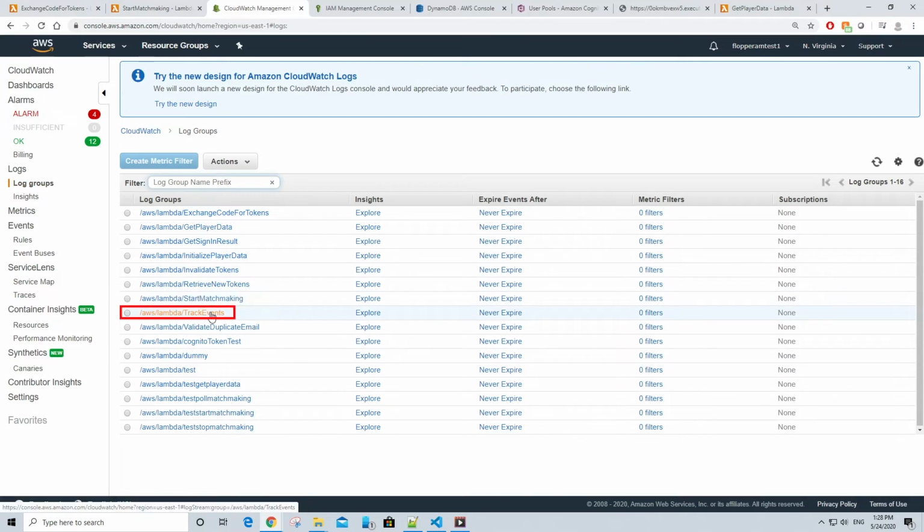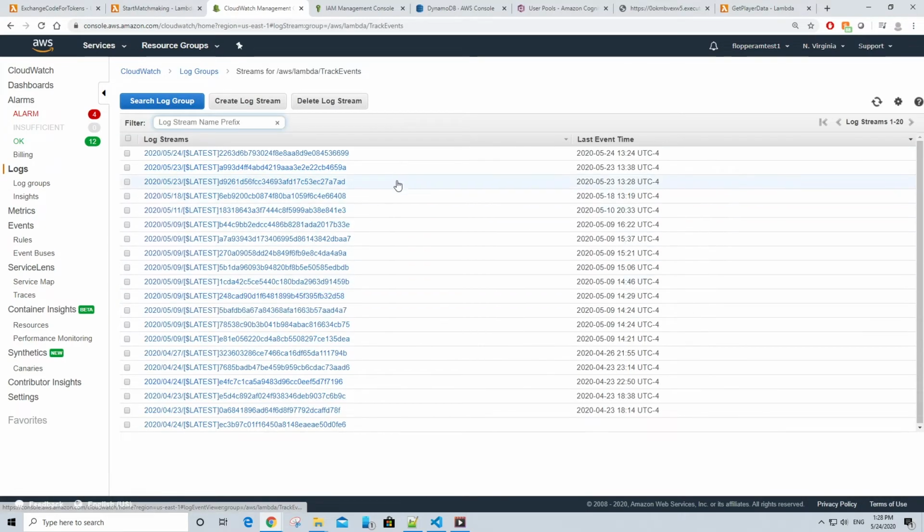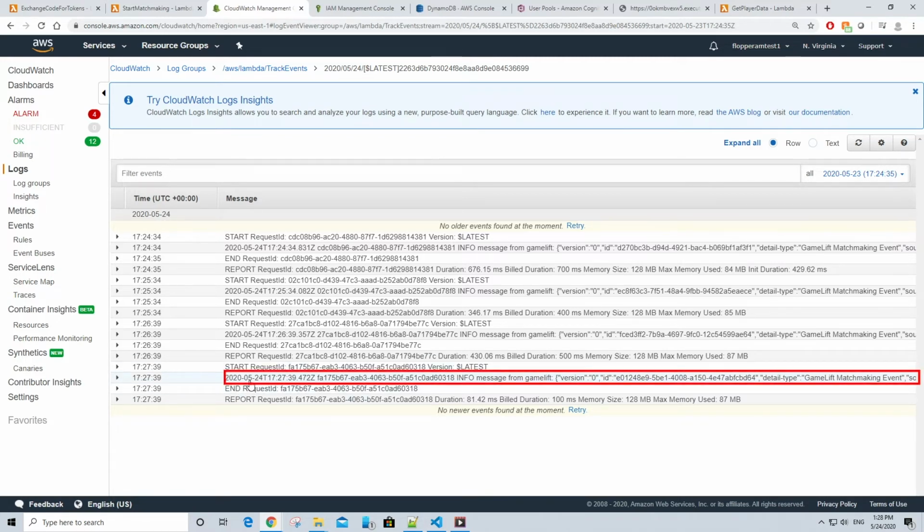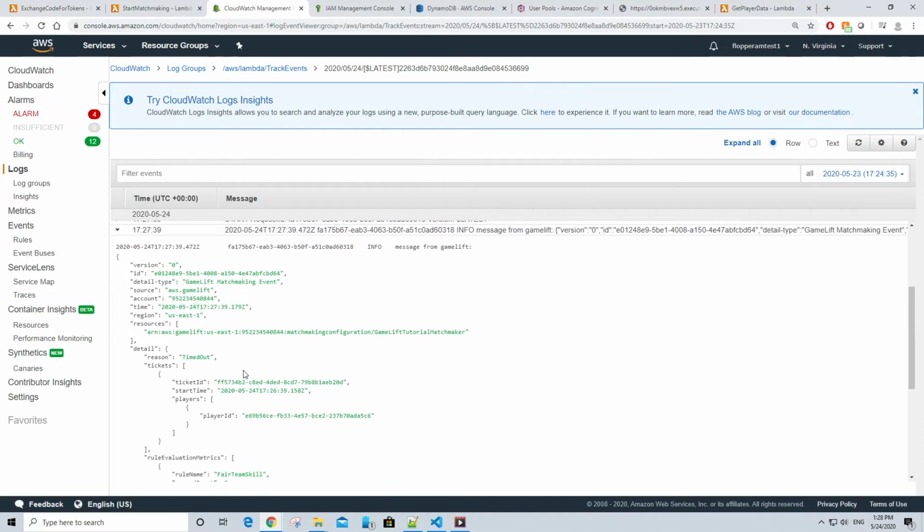And if we click on the track events function, under where it says log groups, and select the newest one, make sure you have it sorted by latest event time. I believe it should be sorted by default. And if we click on this first log stream at the top here, you're going to see a decent amount of logs. If we look at the very latest log message, so at the very bottom, like before, it says end request ID, yada yada yada, we just expand this, and we printed out the full message from